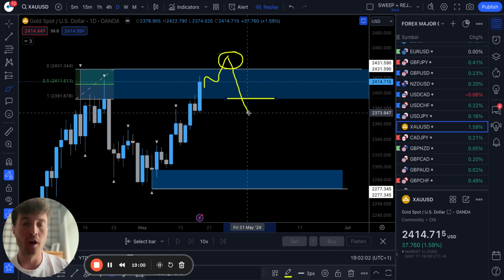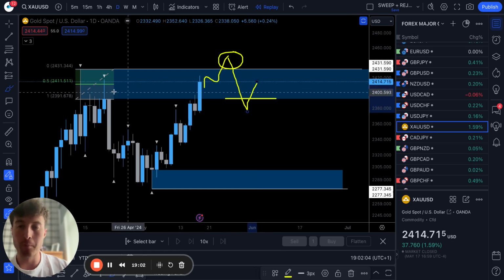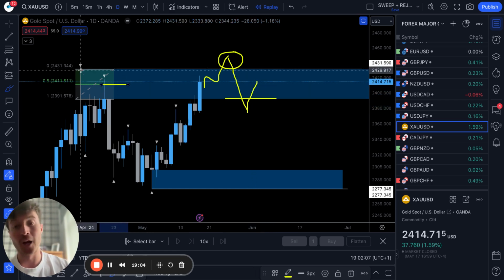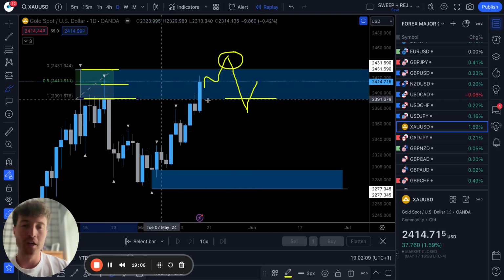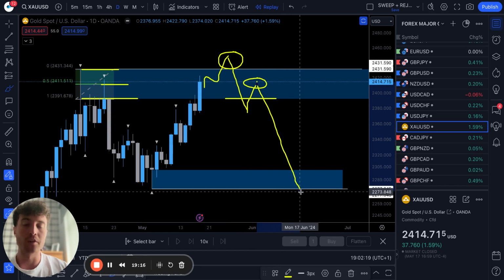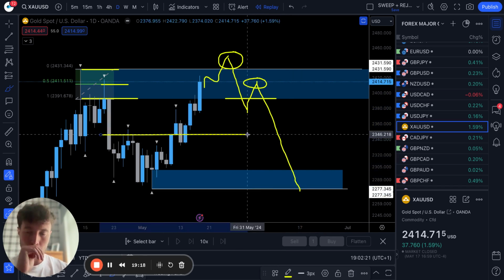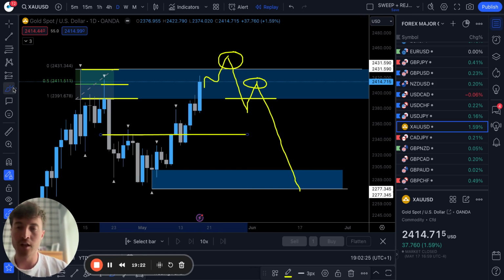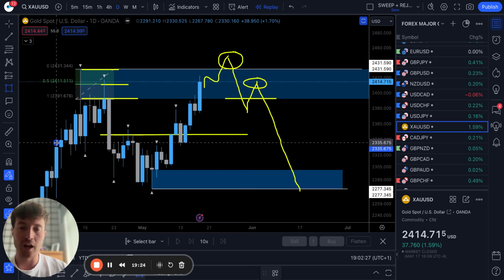If we can close below there, we've got entries at the midpoint of this range because, guys, this is a very large range. So just taking entries off the outer premise probably wouldn't suffice. Probably worth taking the midpoint of that, and then you could look to target these lows here. You've got a horizontal coming in around here, mid-range 2350 area is certainly a key area. You can see that acted